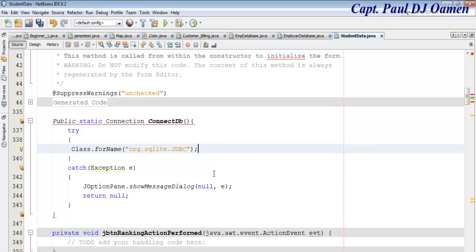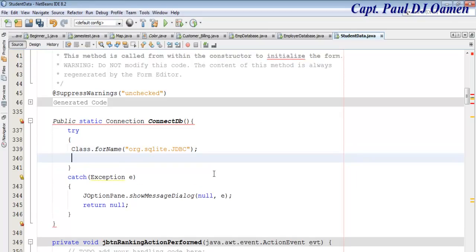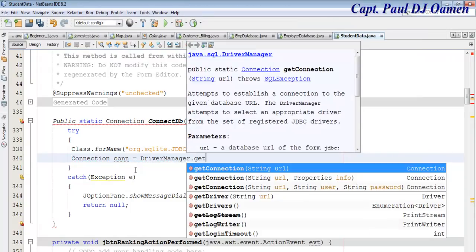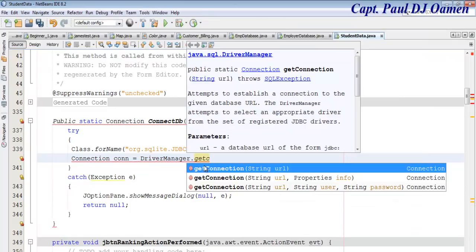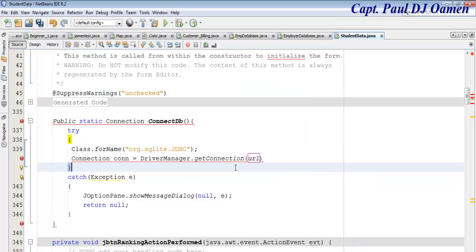Now the next thing we want is this null connection. Copy that and just paste it here. Connection equals Connection con, that will be the DriverManager dot getConnection here, and my connection is going to be JDBC. Enter that in there,